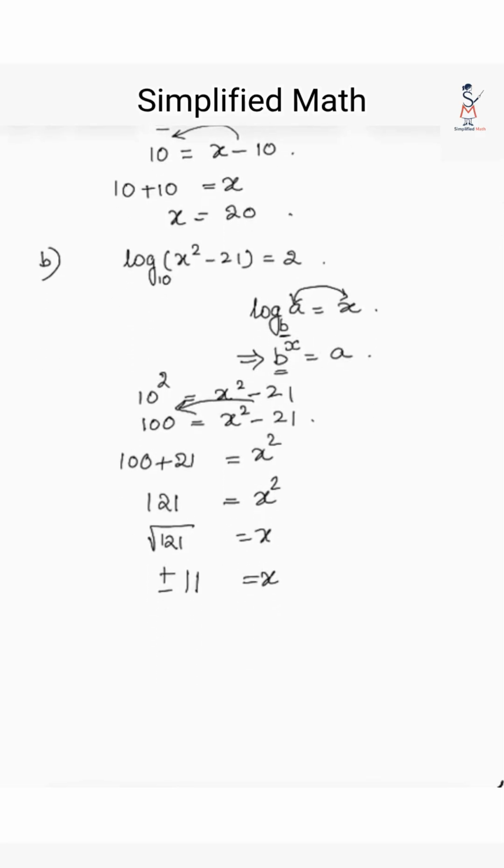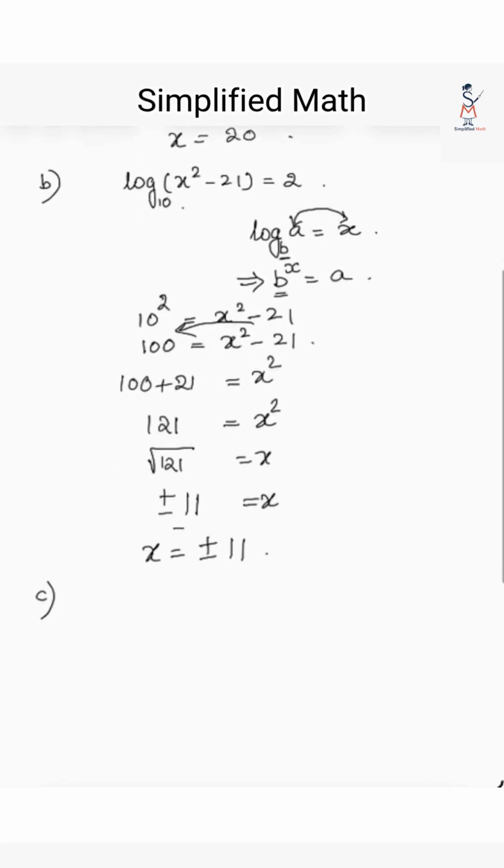Now if I put the value of plus 11, then also the log is positive. And if I put minus 11 instead of x, then also the log is positive. So the answer is plus minus 11. Fine. The third one is log